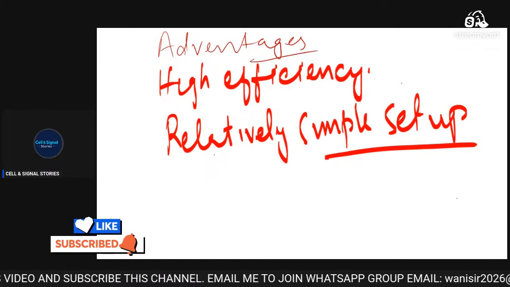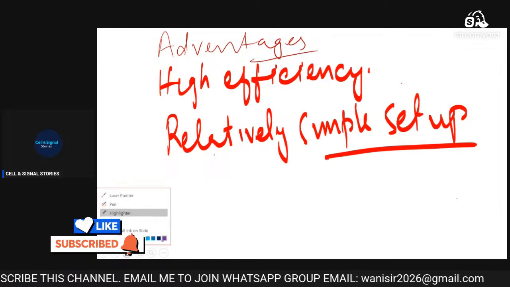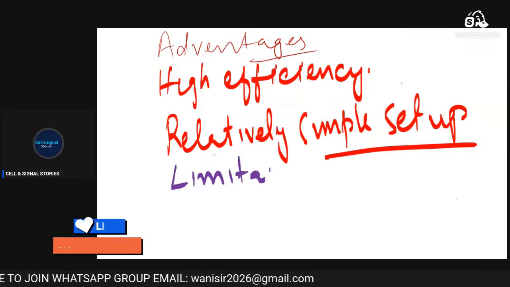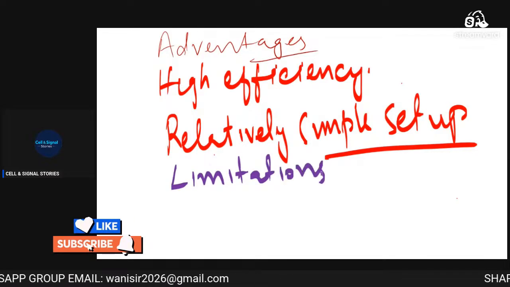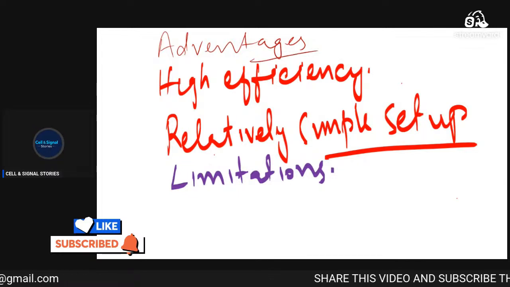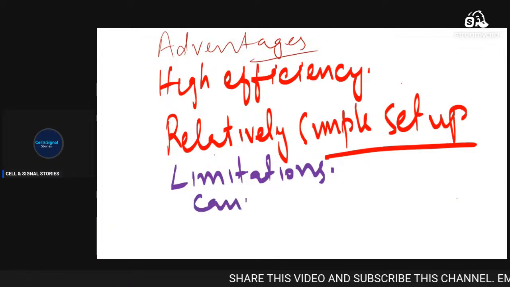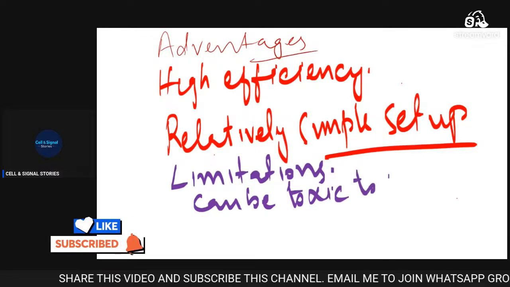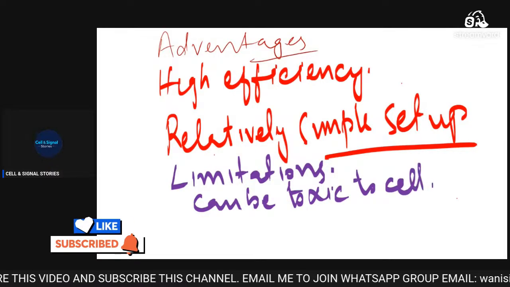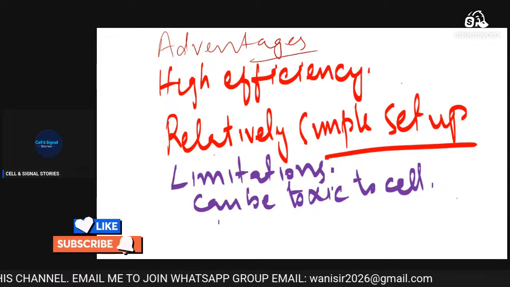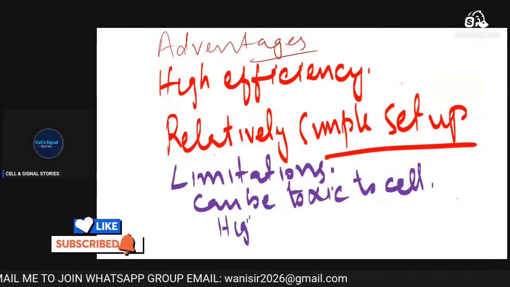Now, what are the limitations? Limitations are very important. Electroporation can be toxic to the cell. High field or repeated pulses increase cell death. If there is a high electric field,